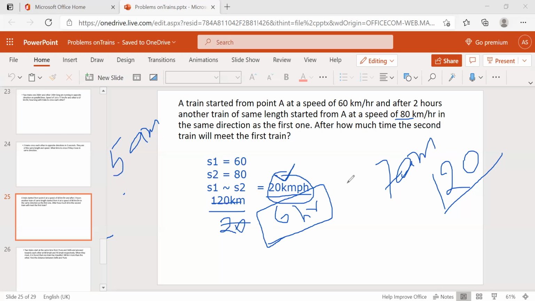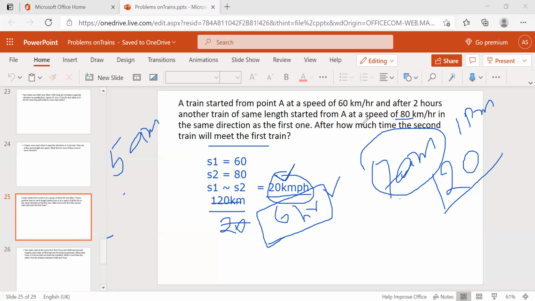So after 6 hours, okay, calculate it for your understanding purpose. The second train started at 7. After 6 hours, that means when will it be? 1 o'clock, right? 1 p.m. So 6 a.m. to 12 p.m. is 6 hours, and 7 a.m. to 1 p.m. is nothing but 6 hours. Yes, 6 hours. So if they're asking how many hours, you need to say 6 hours.